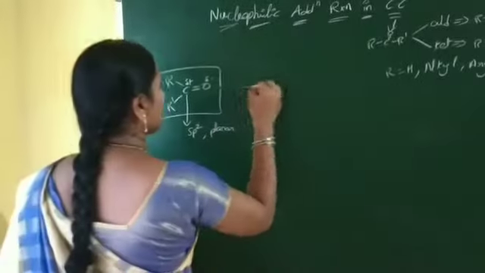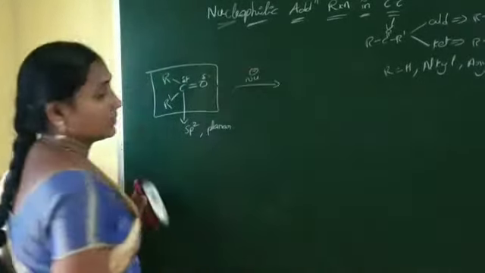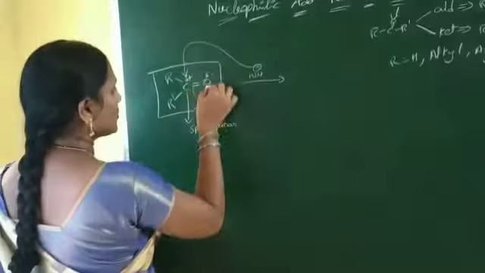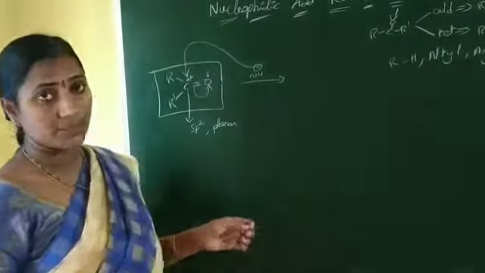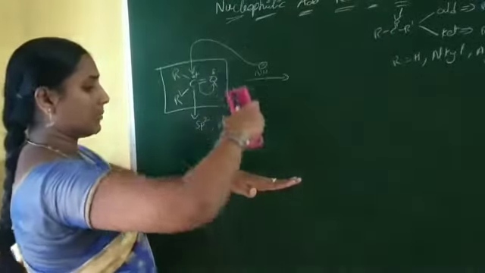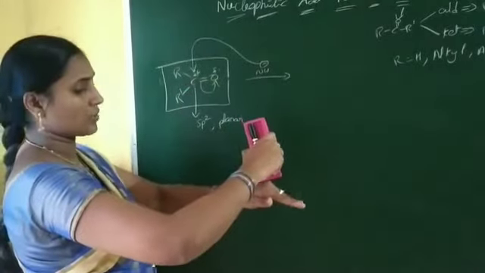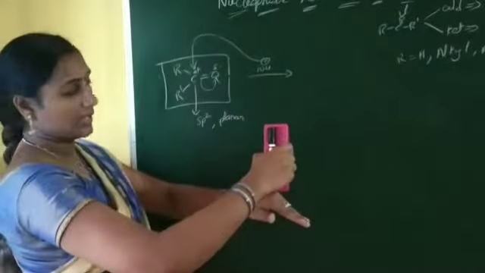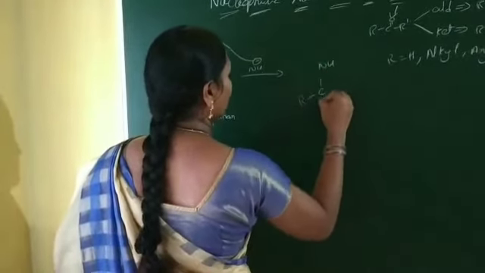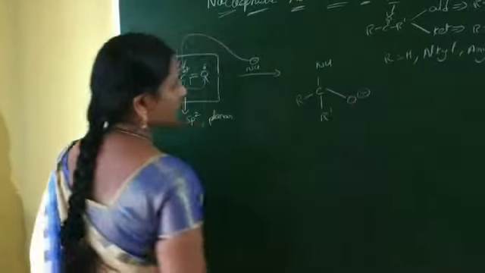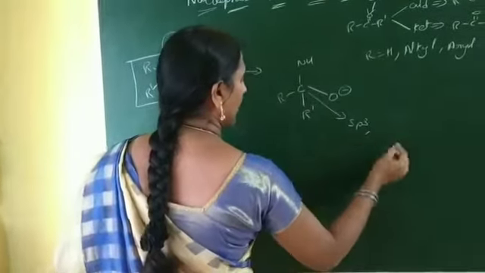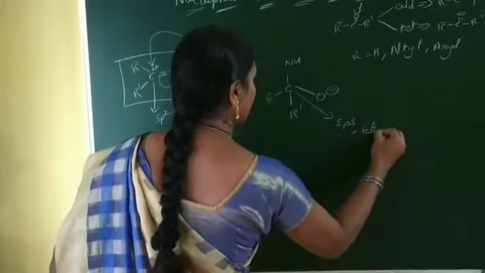Now when this functional group is treated with any nucleophile, the nucleophile directly adds at the partially positive carbon atom, and immediately the double bond shifts to the oxygen to form an oxyanion. This functional group is in planar form. The nucleophile adds at carbon, and immediately these three bonds turn downward. The planar structure turns to tetrahedral form. The compound is R, C, nucleophile, R dash and O minus. Now the hybridization of carbon is sp3 and the structure is tetrahedral.